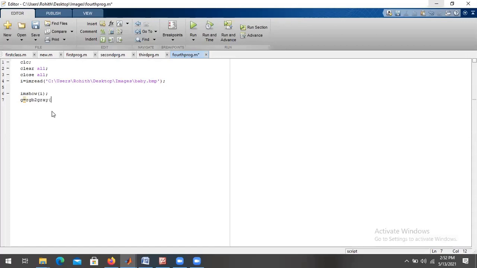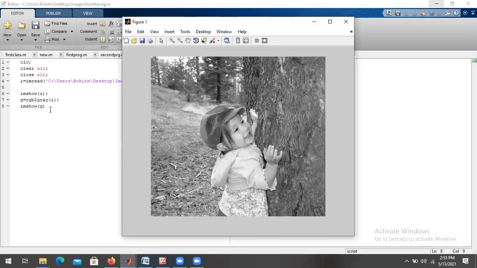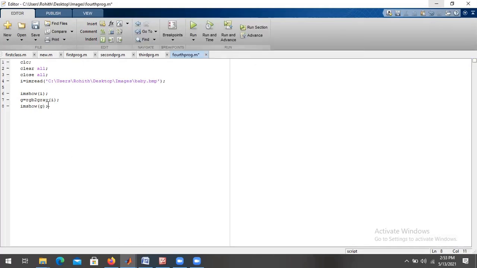Of which image I'm doing this is I. So actually this figure, so this is how I have converted RGB to gray. So actually I should maintain the figures.